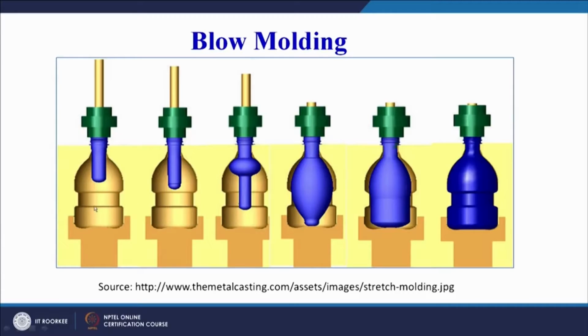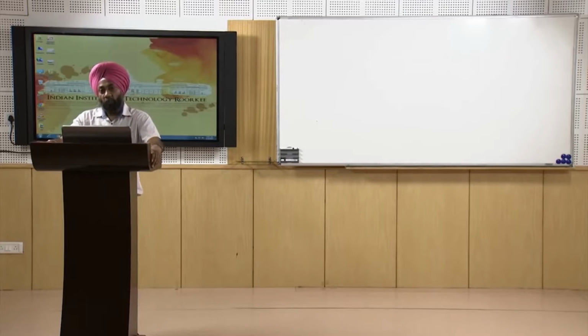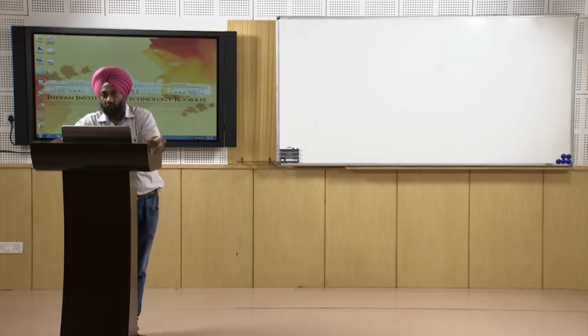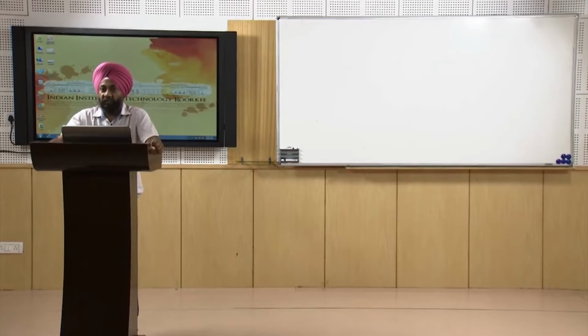The mold will first close. There is a Parison raw material inside the mold. Pressurized air is supplied from the top, and then it gets inflated in a sequential or stepwise manner and finally takes the shape of the final product. Now, whatever we have understood from these diagrams, let us read all these points to strengthen our understanding.